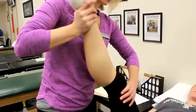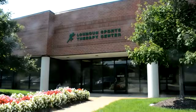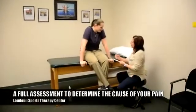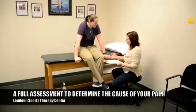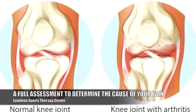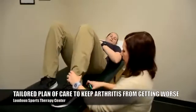So again, physical therapy and the expert physical therapists here at Loudoun Sports Therapy Center can help you with that. We can get it all started by doing an assessment on what is causing your problems, figuring out exactly what of those 5 things is causing your arthritis, figuring out if it is arthritis, and if not, figuring out what needs to be done to handle it. And when we determine that it is arthritis, and you don't need an x-ray to figure that out, you can figure out